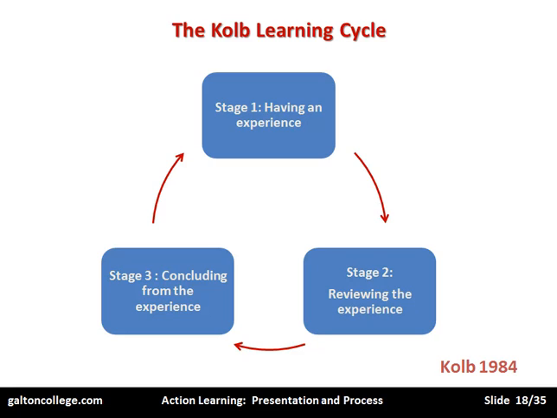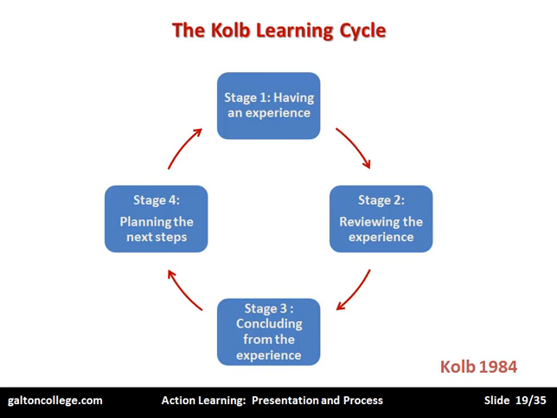Then stage 3 is concluding from the experience. First of all, having the experience, then reviewing it and thinking about it, and then concluding from it. And stage 4, plan the next steps. So this is a sort of modified Kolb learning cycle, but you can see here we have 4 steps where we start with an experience, review the experience, conclude from the experience, and then plan the next step. And this is the way the action learning